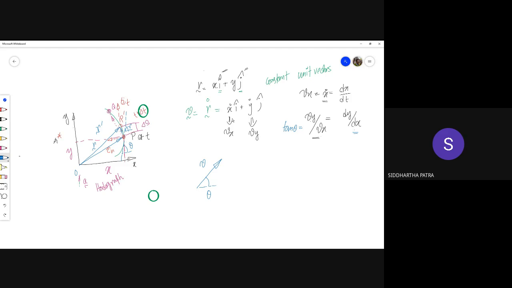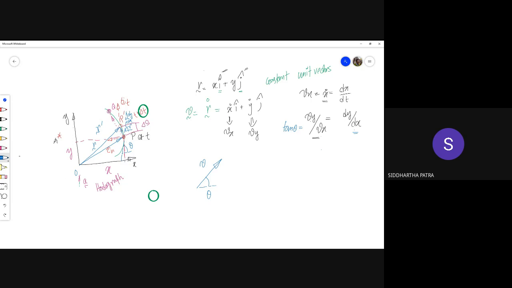So this right here is dy to dx, which means that the other thing that we just proved, that the velocity vector itself is tangential to the curve, can be directly seen from here. The slope of the velocity vector, or the angle that it makes with the horizontal, is the same angle that the tangent to the curve at that particular point would make with the horizontal.